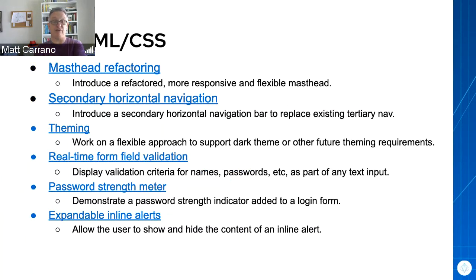We're introducing a new component called a helper text component, which allows us to provide richer helper text that could be attached to a text input field to reflect different types of validation criteria. We're also introducing a password strength meter to our login form, and the ability to expand and collapse inline alerts. Those are all things that have been asked for by different projects. And on the React side,